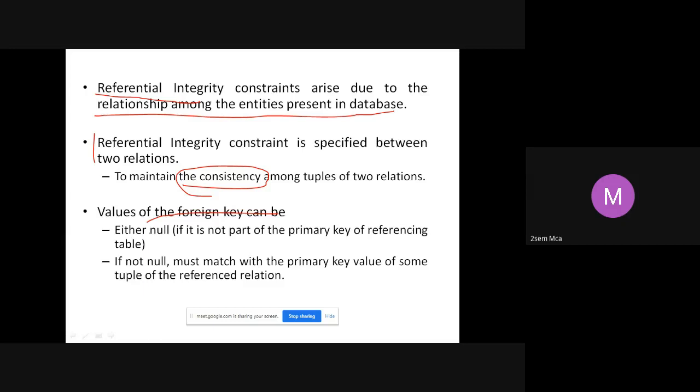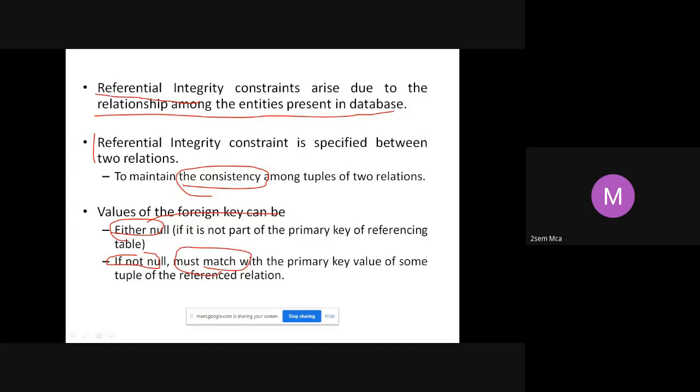Values of the foreign key can be null. If it is not null, it should match with the primary key value. It has to match. When I say S1, S2, S3, S4 are the only 4 students that I have in my student table, in the book table also, I should have only those 4 values, or I can have null.